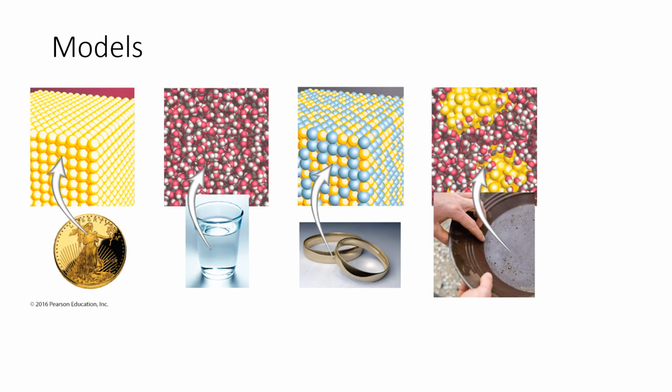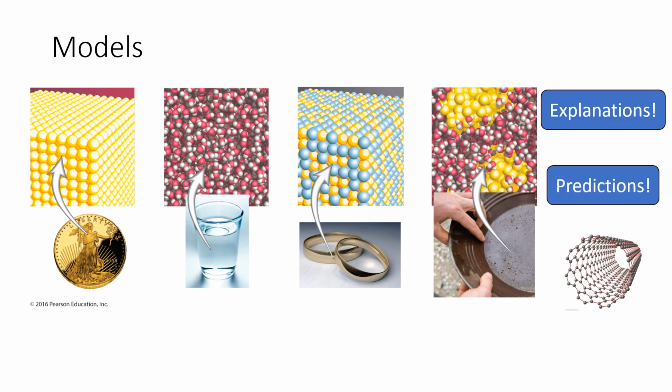We're going to look at a number of models this semester as well. This particular slide is illustrating the atomic model. So atoms are the smallest particle of matter that chemists are usually concerned with. And the models are best when they help us with explanations or when they make predictions. For instance, some